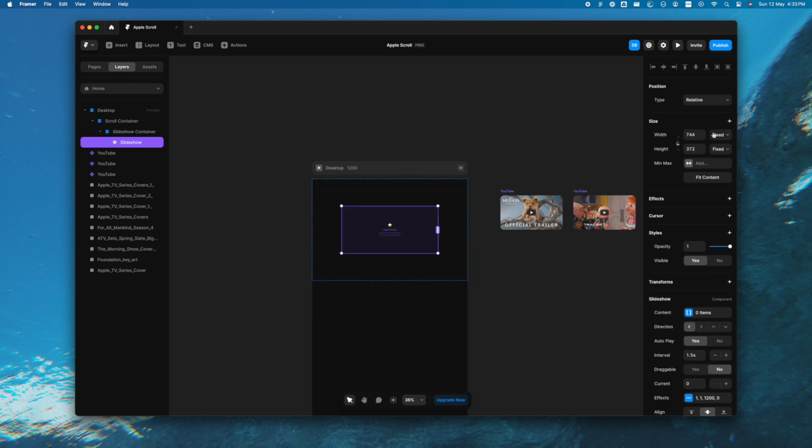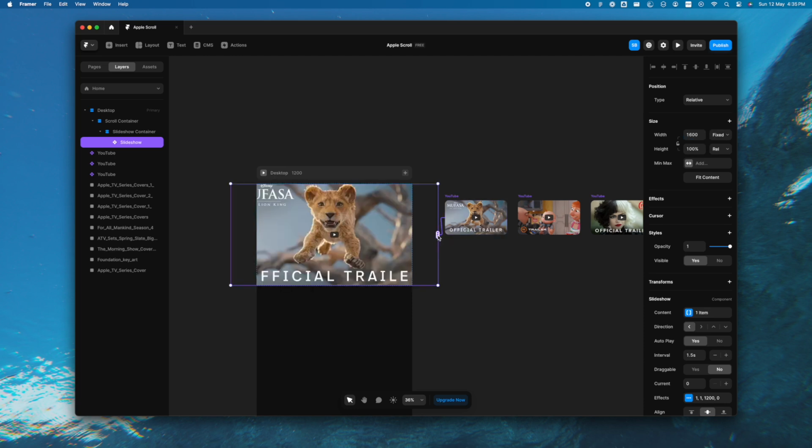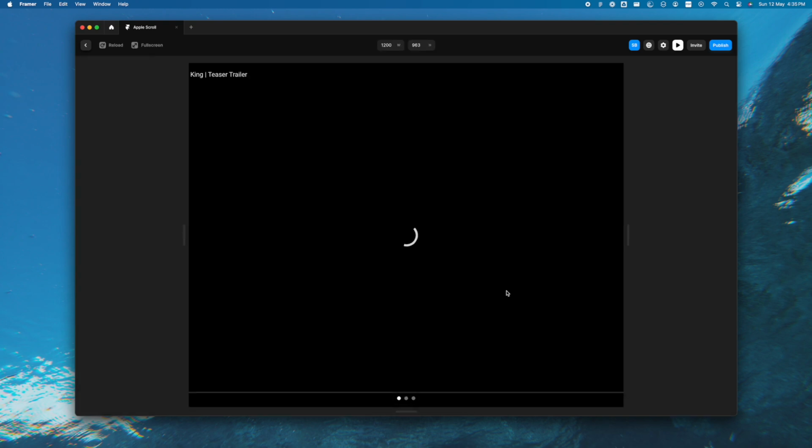Now it's time for us to resize the video in here. So what we're going to do is go to the height and change it to relative. I'm going to make it 100% because we want the height to cover 100% of the slideshow container at all times. And we're going to change the width here to somewhere around 1600. Just have to ensure that the aspect ratio is similar to the video thumbnails right here. Now we'll connect these dots to the thumbnails right here. It is super intuitive, like the entire interface. Now let's just go to desktop and see if it's working.